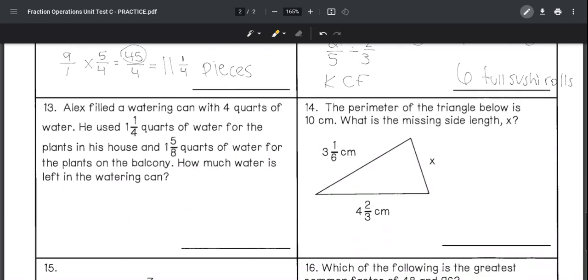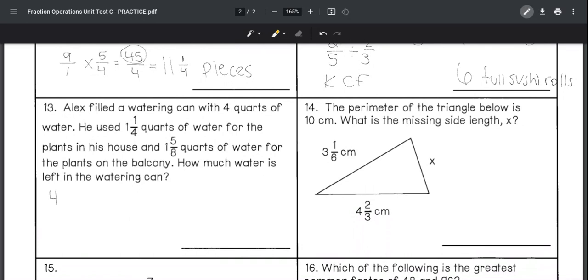All right. Number 13. Alex filled a watering can with 4 quarts of water. He used 1 1/4 quarts of water for the plants in his house and 1 5/8 quarts of water for the plants on the balcony. How much water is left in the watering can? All right. So we're starting